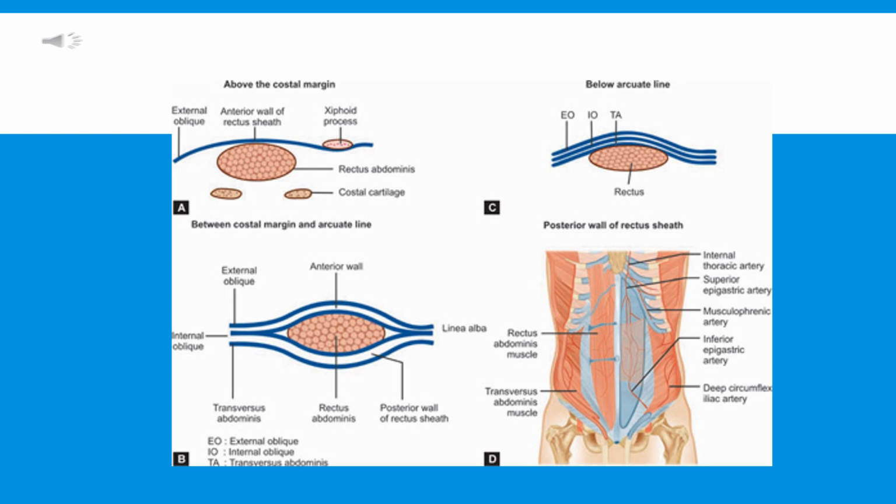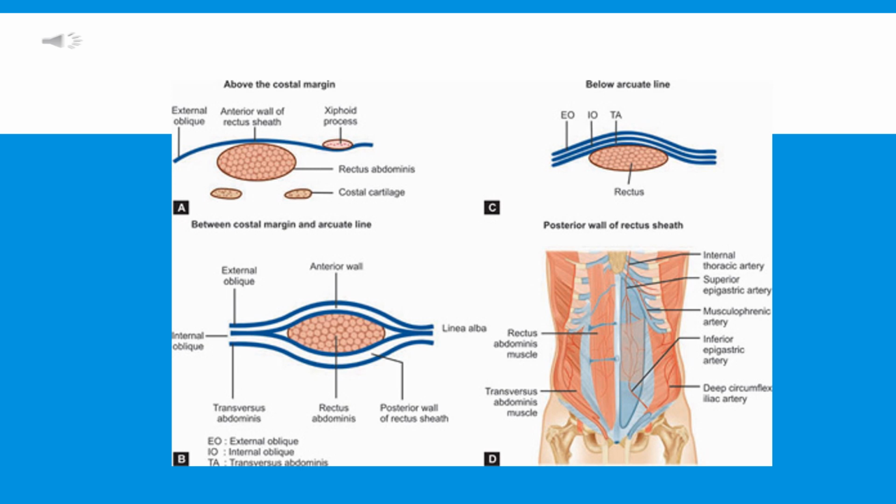We can summarize the formation of rectus sheath. Above the level of costal margin, the anterior wall is formed by the aponeurosis of external oblique only, and the posterior wall is deficient, and the muscle lies directly on 5, 6, 7 costal cartilages. Then between the costal margin and the arcuate line, the anterior wall is formed by the fusion of aponeurosis of external oblique with the anterior lamina of aponeurosis of internal oblique. Posterior wall is formed by the fusion of the posterior lamina of the internal oblique and the aponeurosis of the